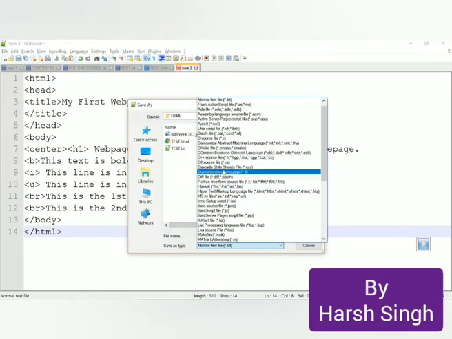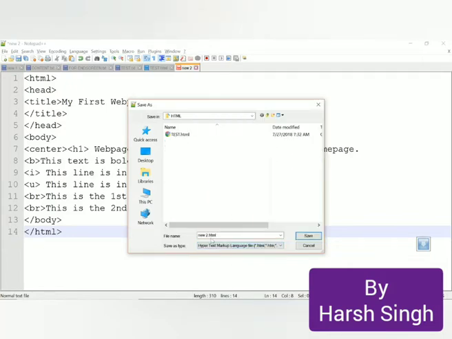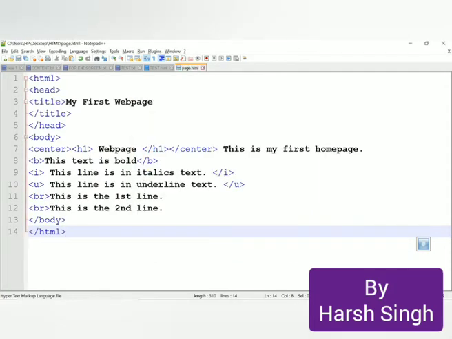All this is the beauty of Notepad++. Then you say my page, let me name it page. Now page.html, save it. Now see, when I saved it as HTML, all the tags are in blue color, and all the text which will be printed on the web page is in black color.